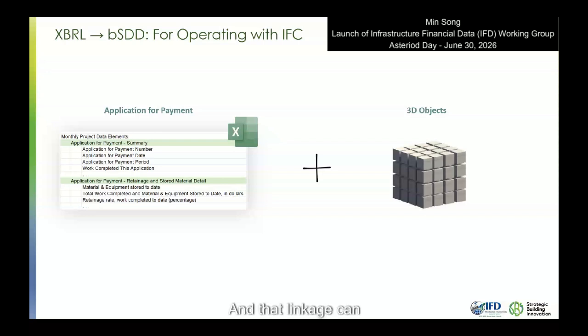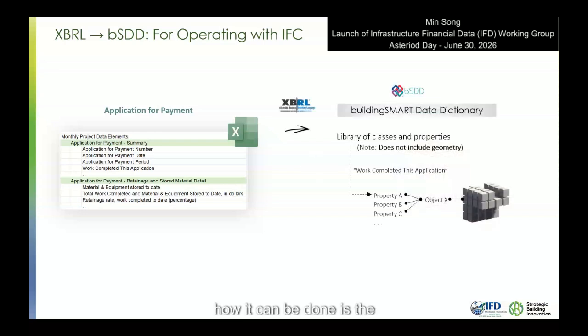That linkage can be generalized through OpenBIM standards. How it can be done is that XBRL can take the data structure that you see on the left side, and OpenBIM or bSDD can also take the same data structure. Then the data transfer